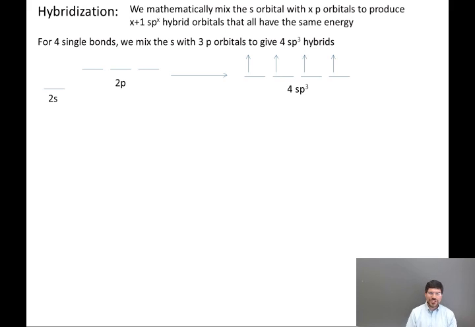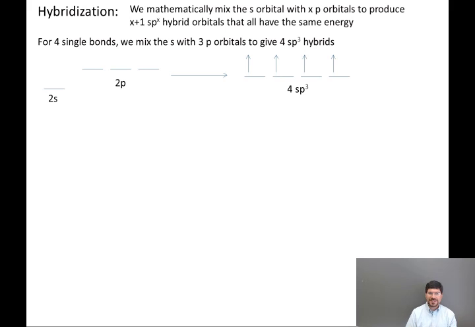Okay, so I have the energies on the left. The s is lower, the atomic orbital energy. The p is higher, and when we mix them together, we get 4 orbitals that are of the same energy in between that of a 2s orbital and that of a 2p orbital. Once we have 4 orbitals that are the same energy and 4 valence electrons, we're going to want to put 1 valence electron into each of those 4 orbitals, and voila, we have 4 half-filled orbitals with the ability to